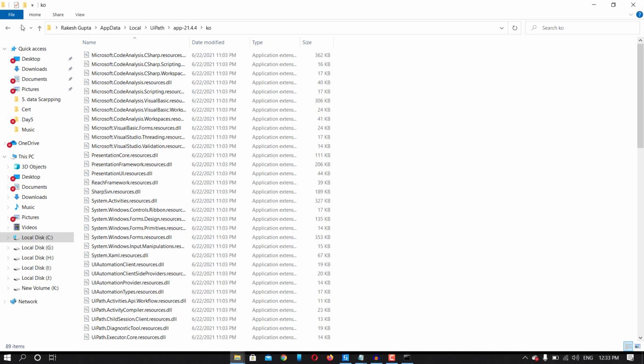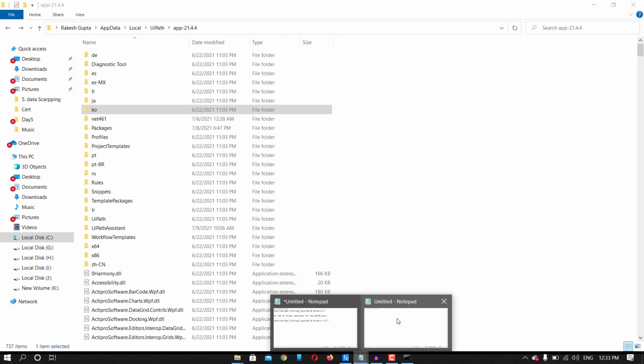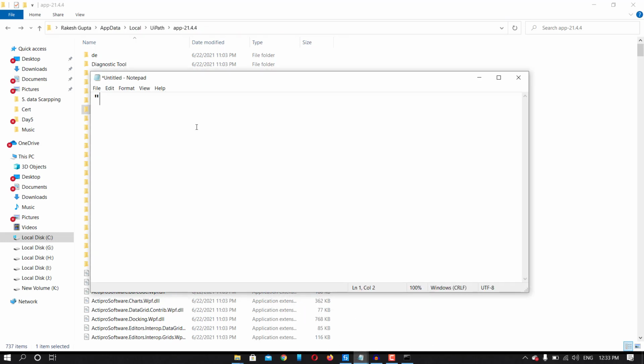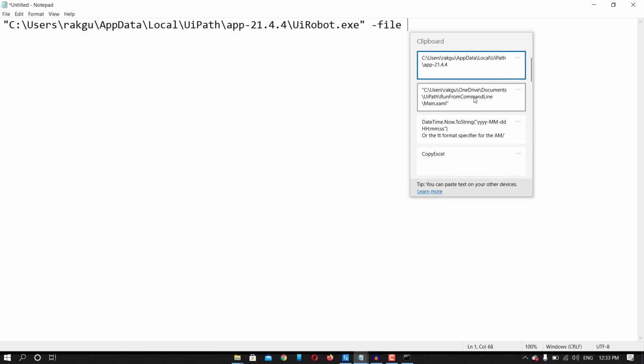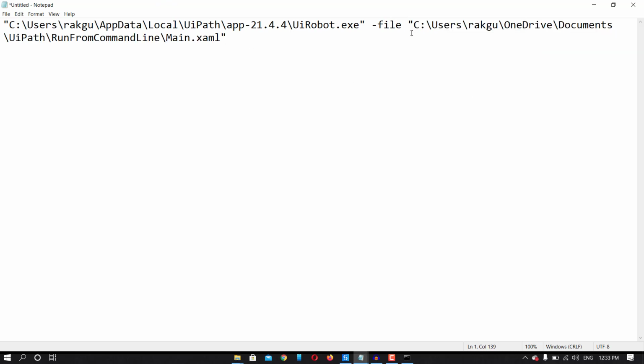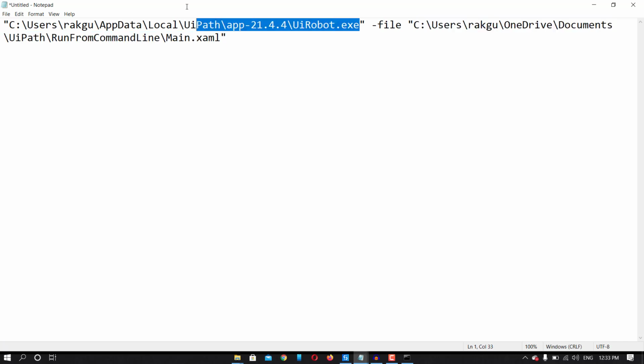I will write it into Notepad, and then UiRobot.exe, then I will write file, and then I will write this file name. This is the file that I want to run using the command line.